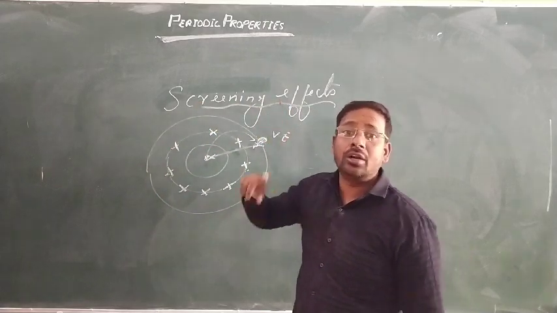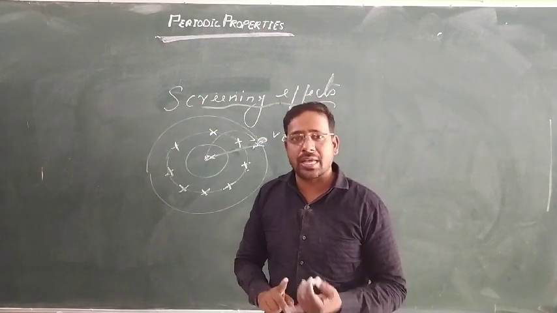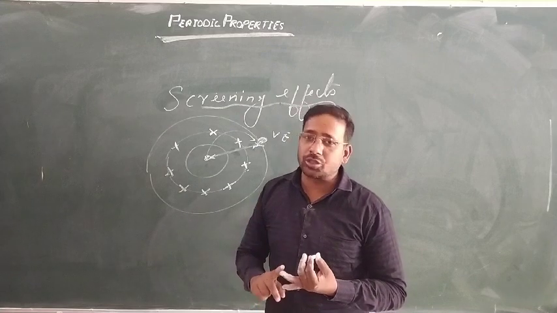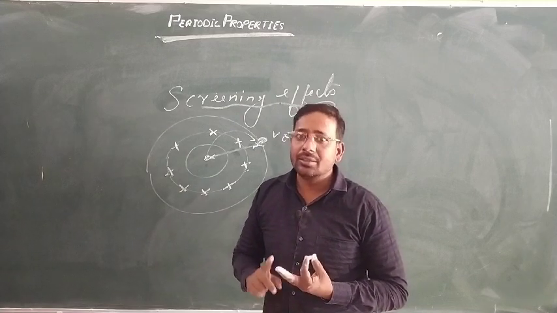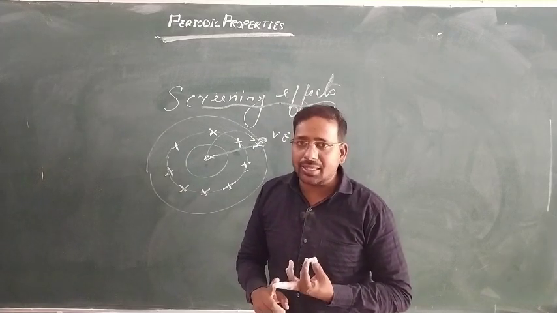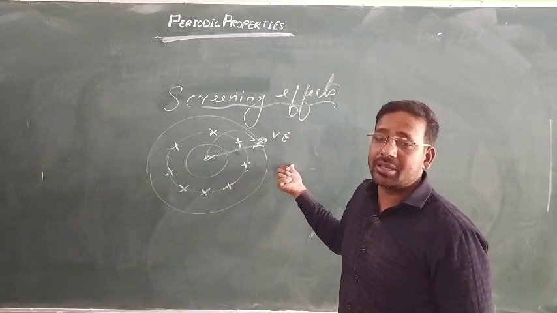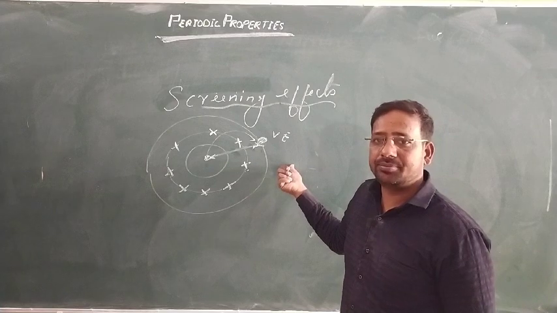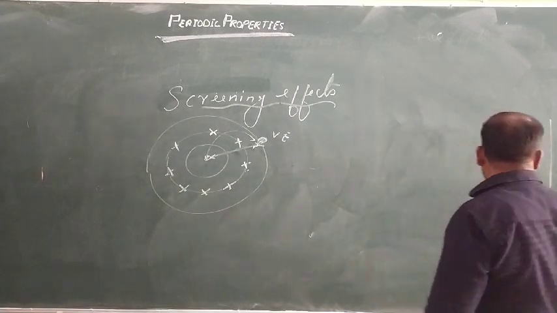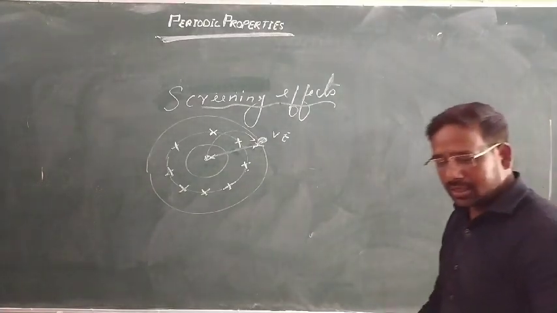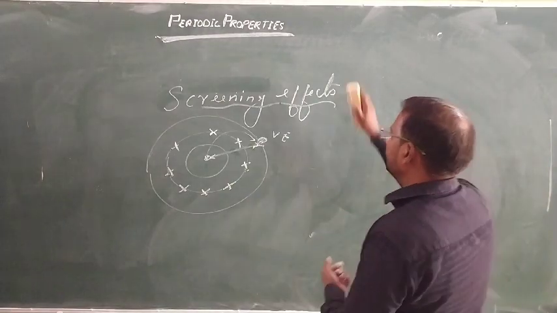It is the third factor. The first one is the size, the second is the number of shells, the nuclear charge, and then this one is the screening effect. You can also say the shielding effect. So this is clear. Now, the next topic we will discuss is